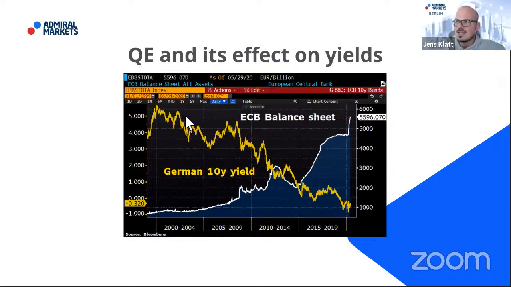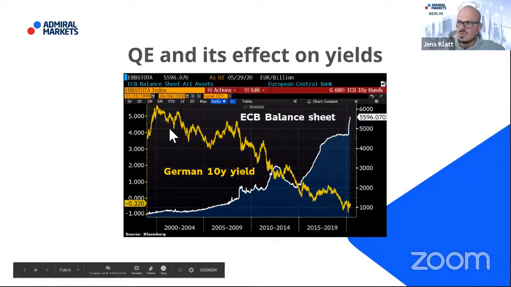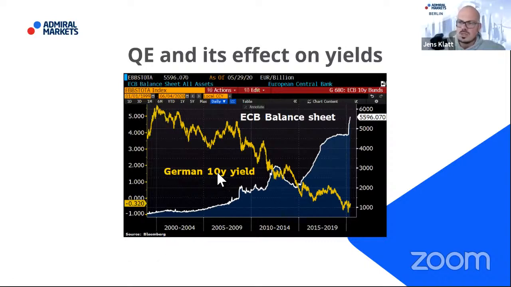So what we see here is that yields, in this case German 10-year yields, are driven further towards zero and even below that. At the beginning of 2001, 2002, the 10-year German government bond, the so-called Bund, still paid around 5%. And right now we pay something like minus 0.5, I think. So we are in negative territory. If you give the German government, let's say, 1 million, after 10 years you get back less than what you gave to the German government. And this is the effect of quantitative easing, because you're driving yields lower